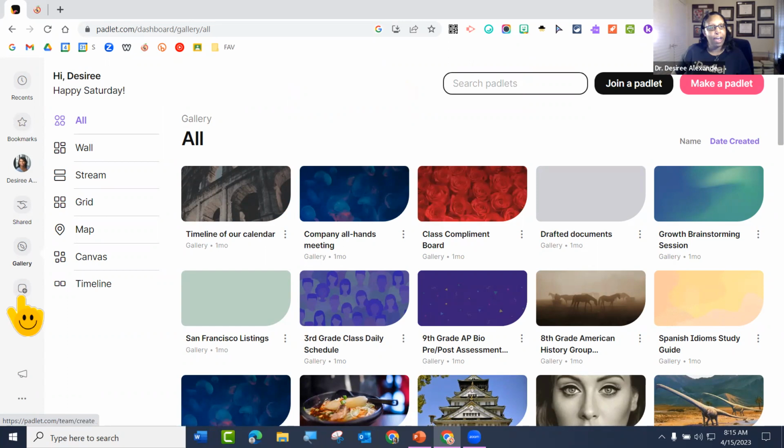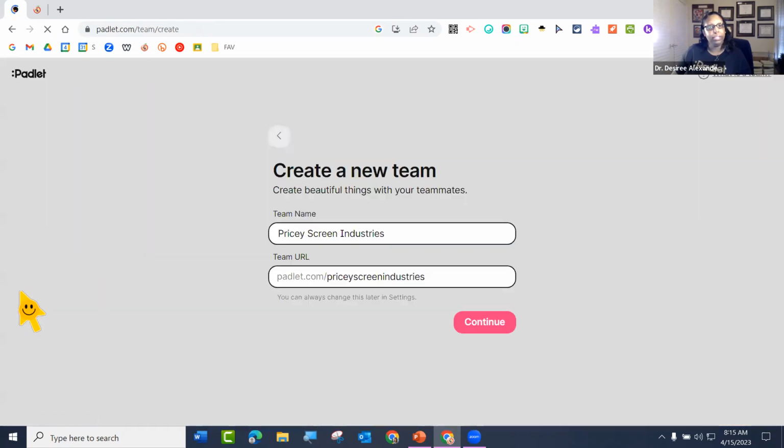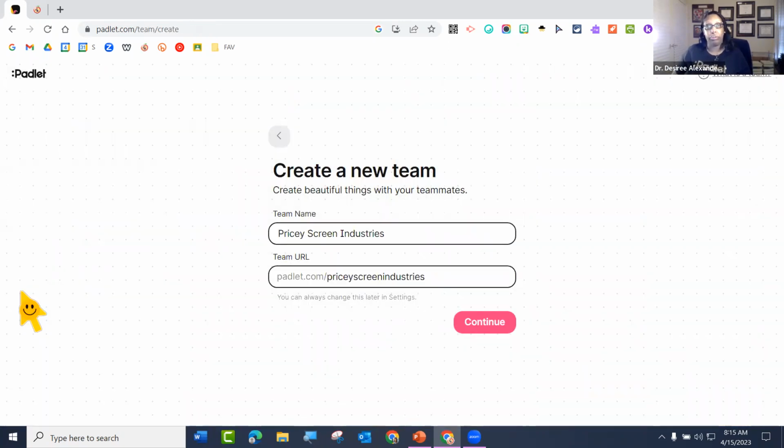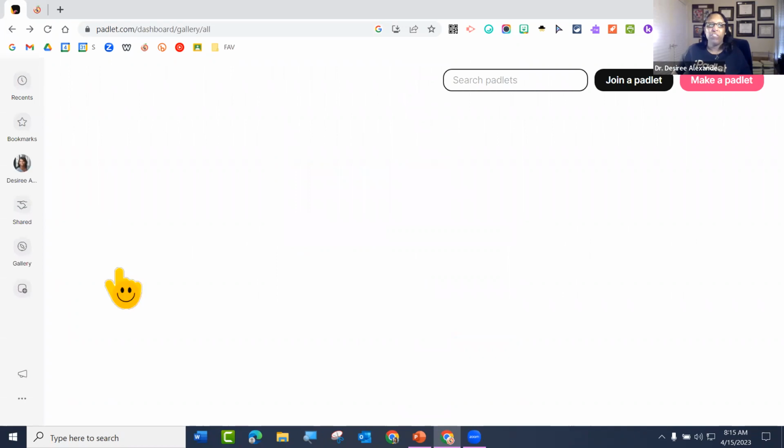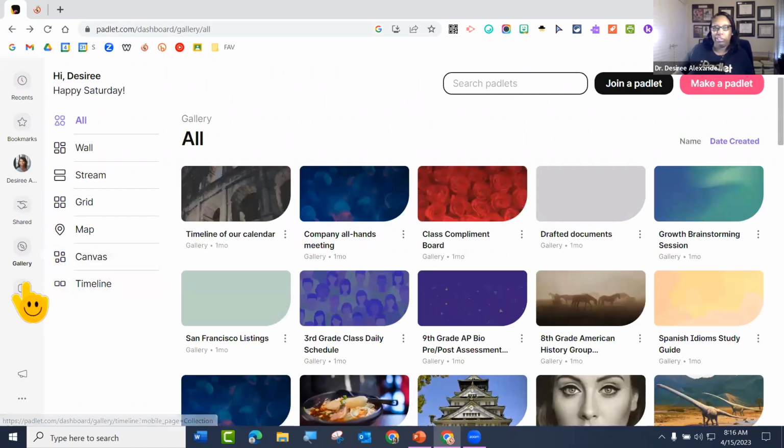And then we have our little handy dandy plus sign, and that is for you to create a team. So for free, you can create one team, unless it's updated. You can create one team for free. So that's where you're going to say, this is my team, and these are the people on my team, and we can all do Padlets together. You know, with a free account, you can only do one. It kind of is a better tool when you have the paid account. You could do multiple and have multiple people on your team, if that makes sense.